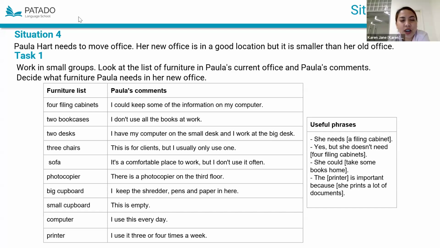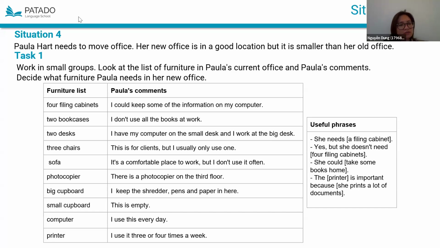Have you mentioned the 3 chairs? I wonder if we keep all of them, because of course she needs one for her, and 2 others for clients. So 2, that's okay. I think that's fine, for sometimes some clients, 2 for clients.